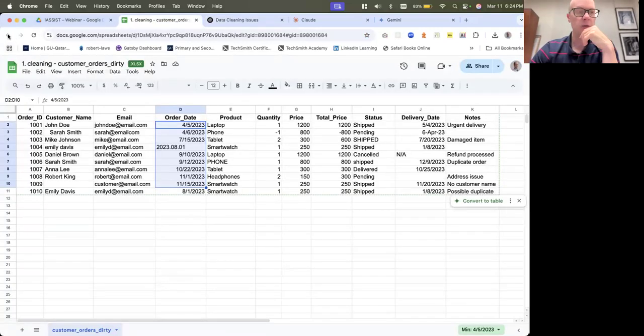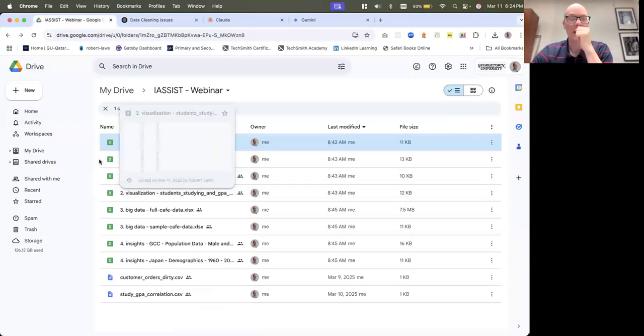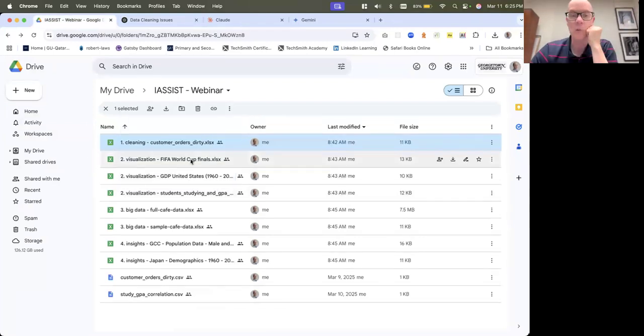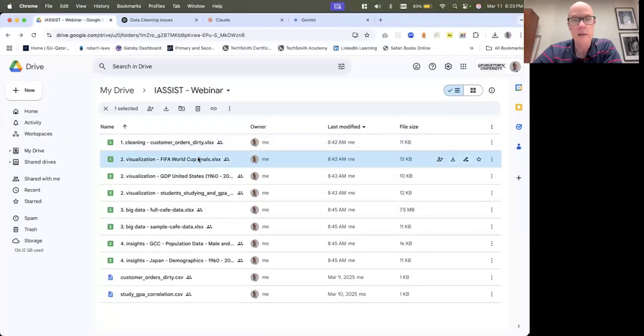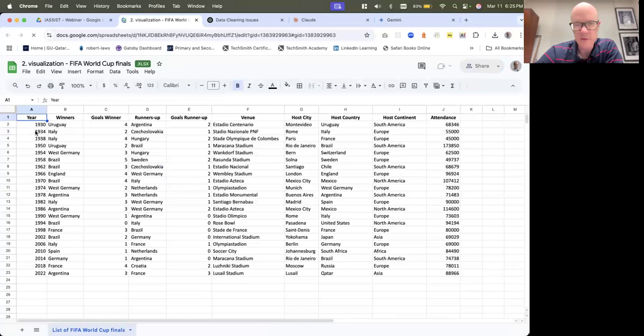And the one I want to use for this, let me just go back. Oh, let me close that and let me go here. Okay. I have some data about the FIFA World Cup finals, and then we're going to look at a few other things, but we're going to start with this one first. Now, if we look at the data for this, it's just a normal table and all the different final soccer matches, basically, and who played, what the score was, where it was held, attendance, so forth.